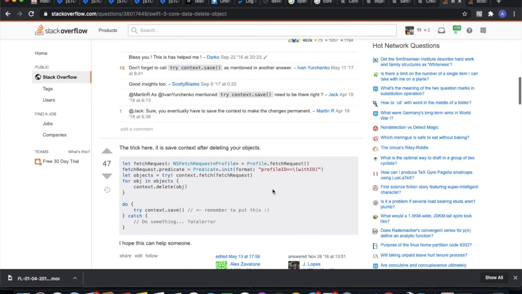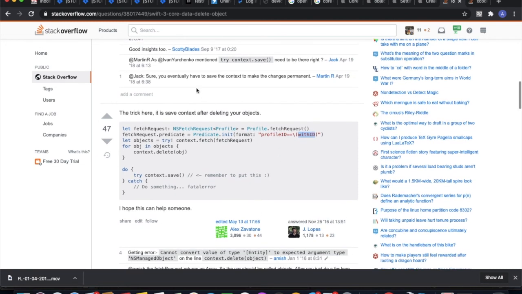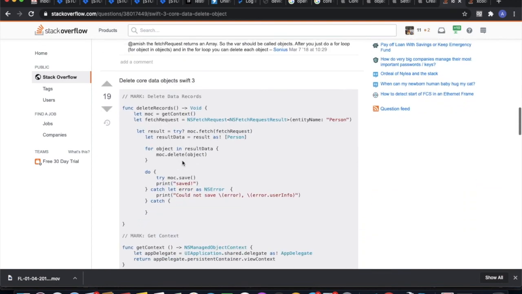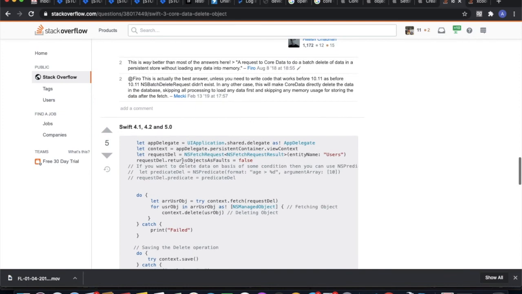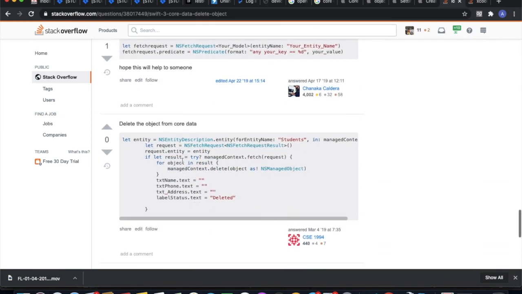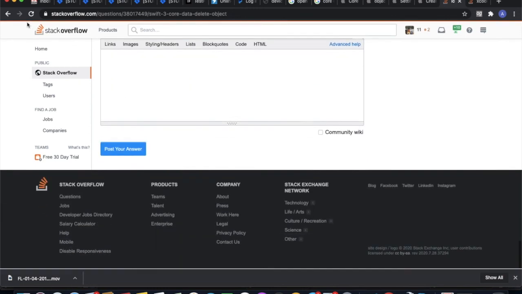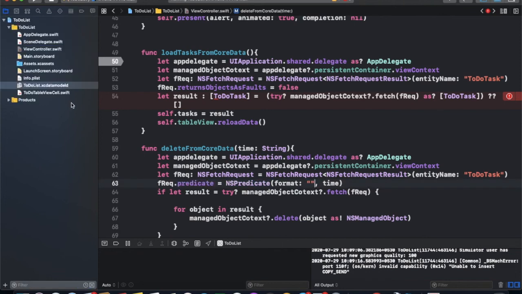You can find predicates like this one, with a profile ID: the key which you want, and the value. I will write our key.